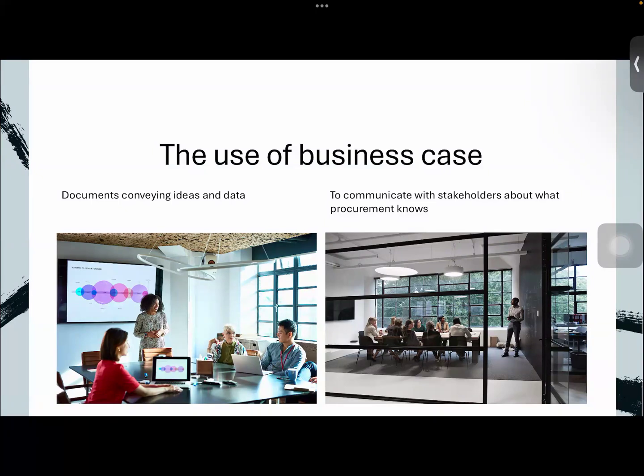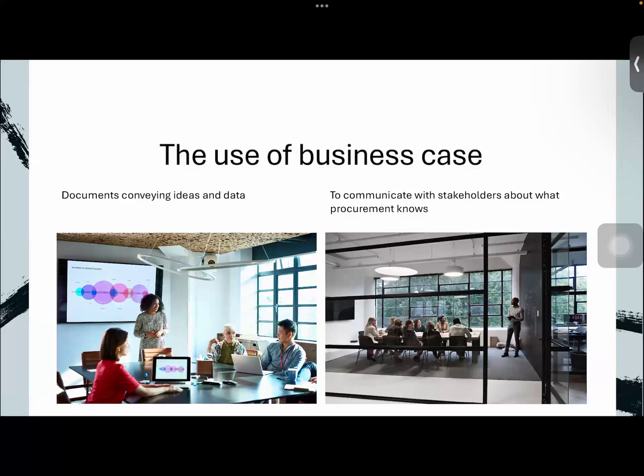Okay, so basically, the business case is a document that is prepared by procurement to convey the ideas and data about certain projects or certain budgets. And it is just a document, so its major objective is to communicate with the stakeholders about the pros and cons of some project or budget. It also shows the results from research by procurement. We may need to look at different options, different suppliers in the market, and then summarize them within the business case and submit